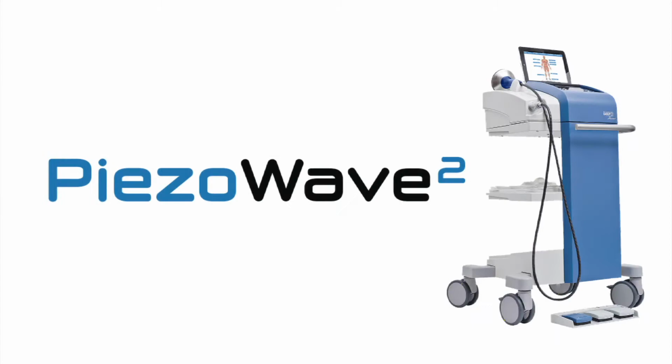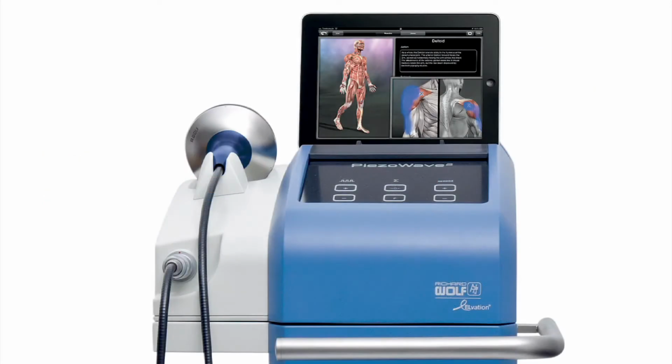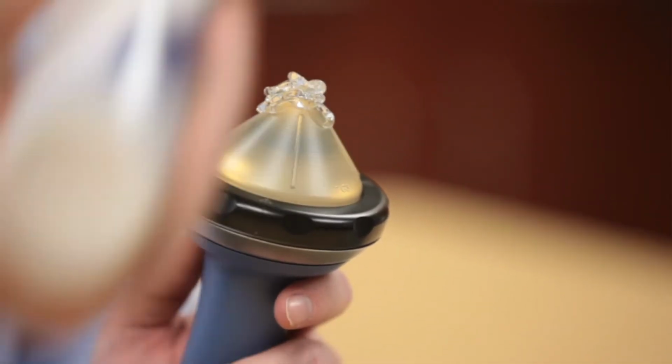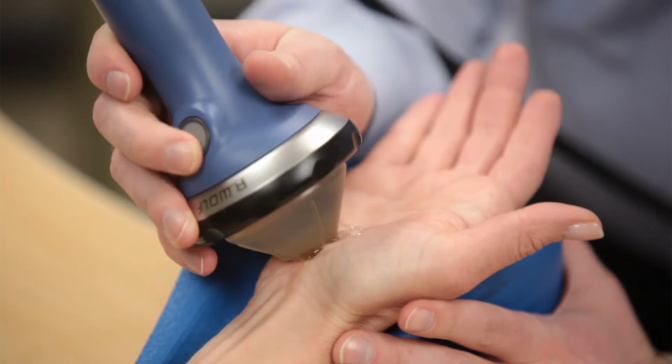Introducing the Elevation PiezoWave 2, manufactured by Richard Wolf, for non-invasive treatment of musculoskeletal pain. The PiezoWave 2 Myofascial acoustic compression therapy effectively treats the pain resulting from common soft tissue conditions by utilizing focused